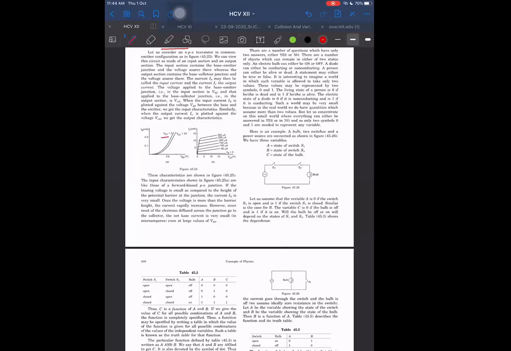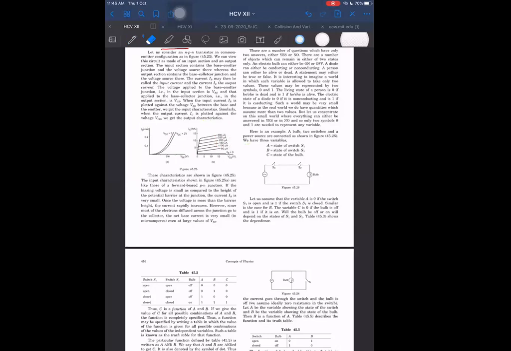VC is 0. The strange thing is that the input side, whatever is happening, also depends on something from the output side. In the output side, whatever is happening also depends on something from the input side. What is this? These are all base currents. Base current is on the input side, so the output side is not independent of the input. Input side is dependent on output side voltage, and output side is dependent on input side current.